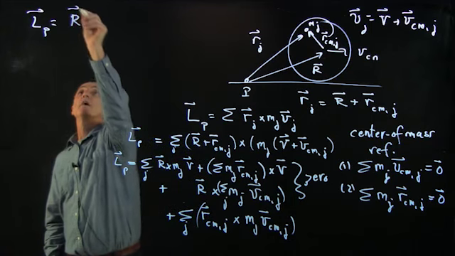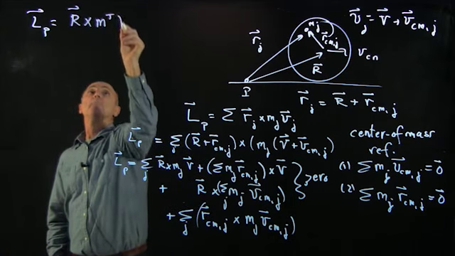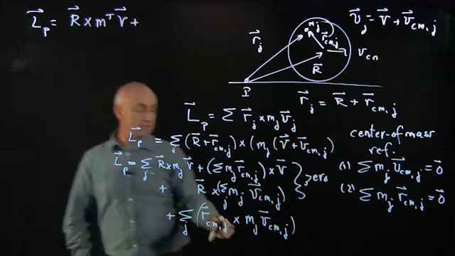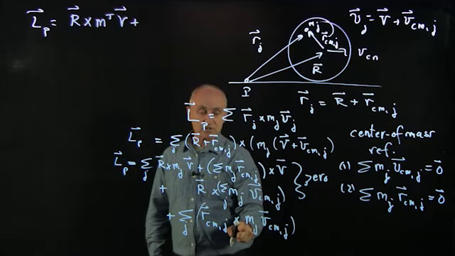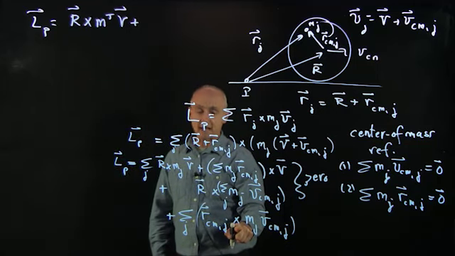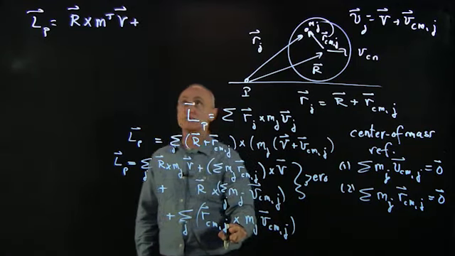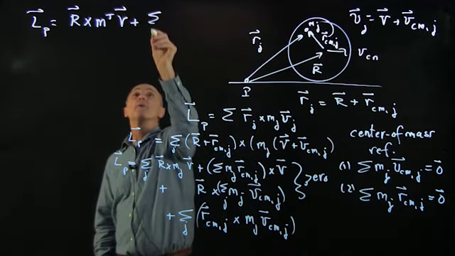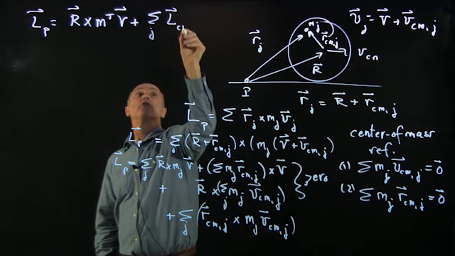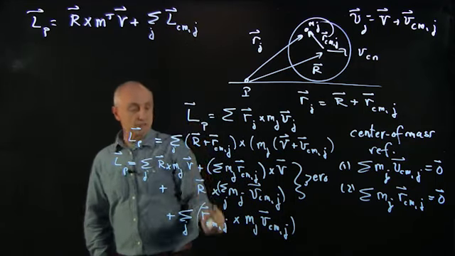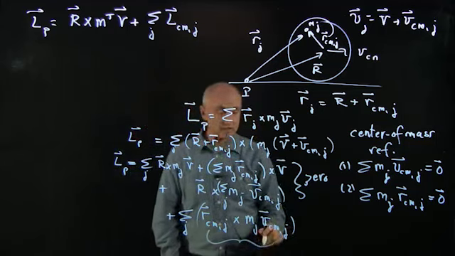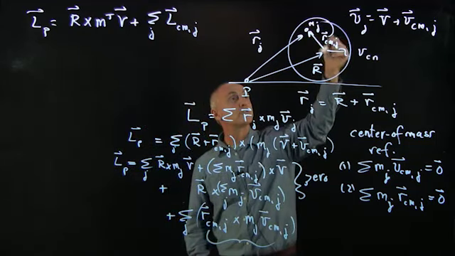So the first piece is r cross m total V. And this last piece is precisely the definition of the angular momentum of the jth particle in the center of mass frame. So that's the sum over j of LCMj, because rcmj cross mj vcmj,